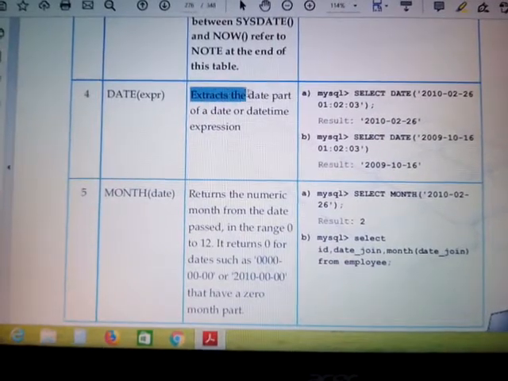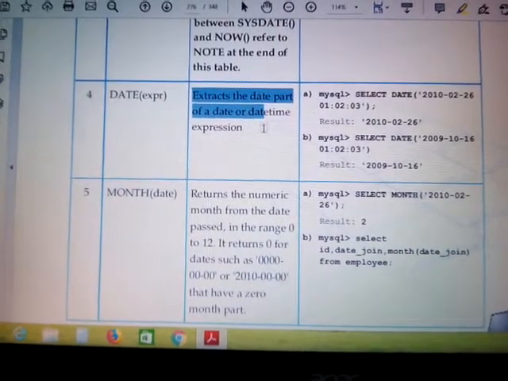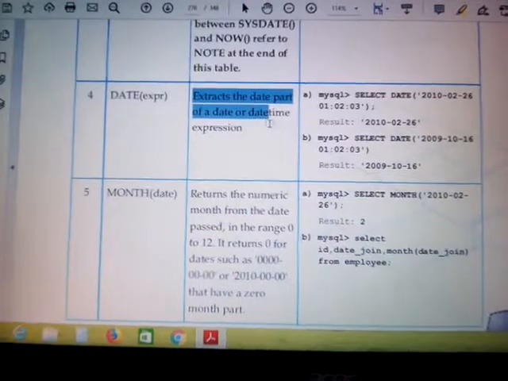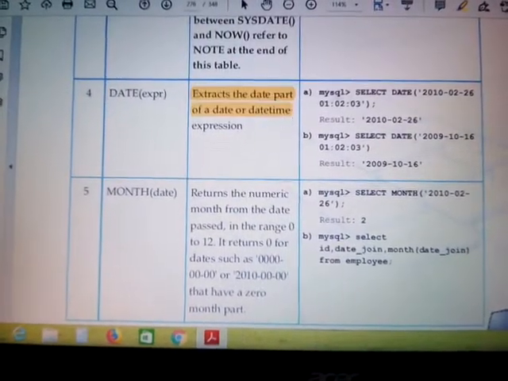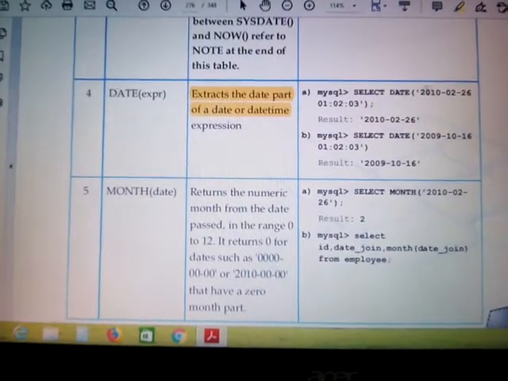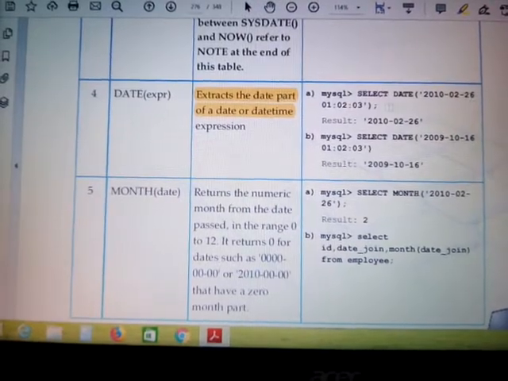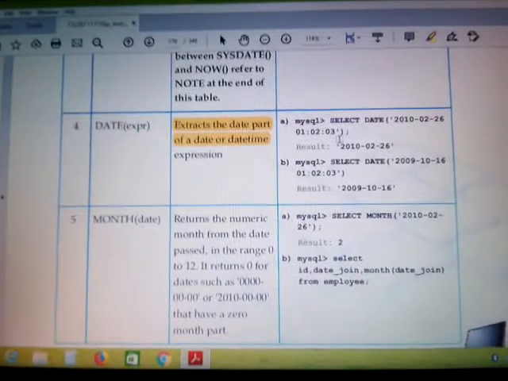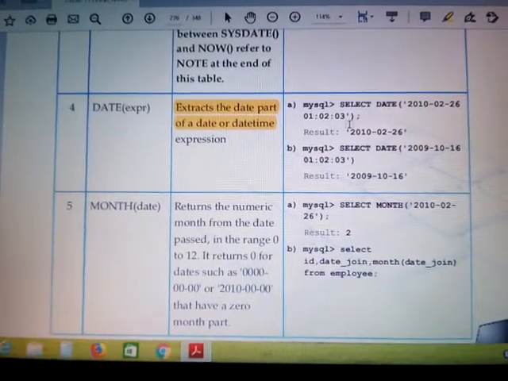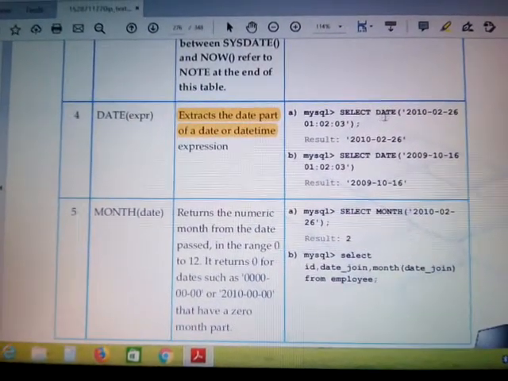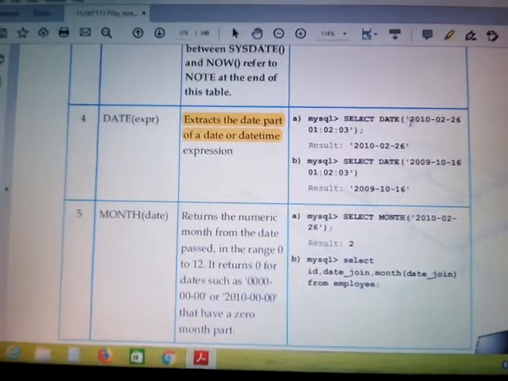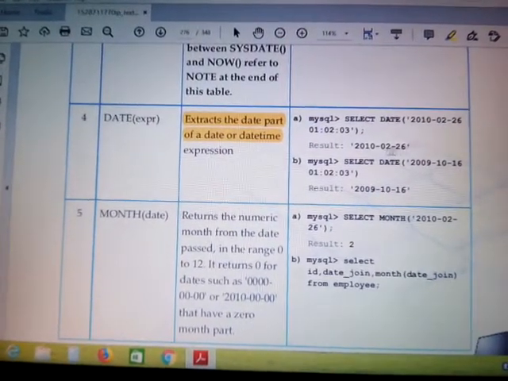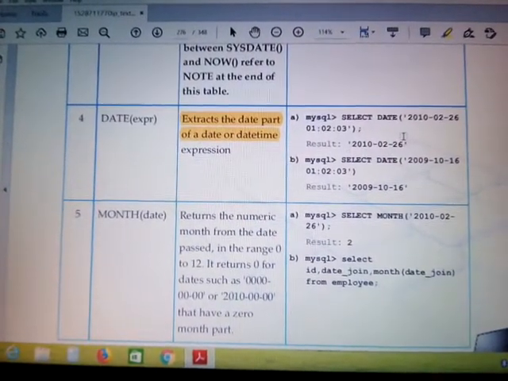Its meaning is that it extracts the date part of a date or datetime expression. Just take an example, SELECT DATE. Within single quotes you can find the date as well as the time. Suppose we want to extract the date, we make use of the DATE function, and from this you can easily extract the date. So your answer will be the date part.